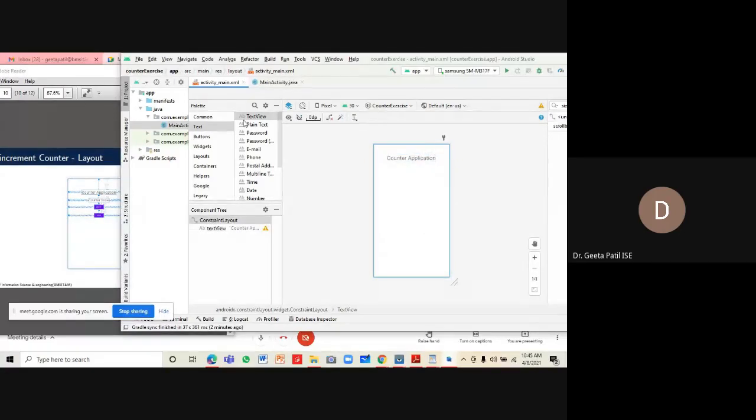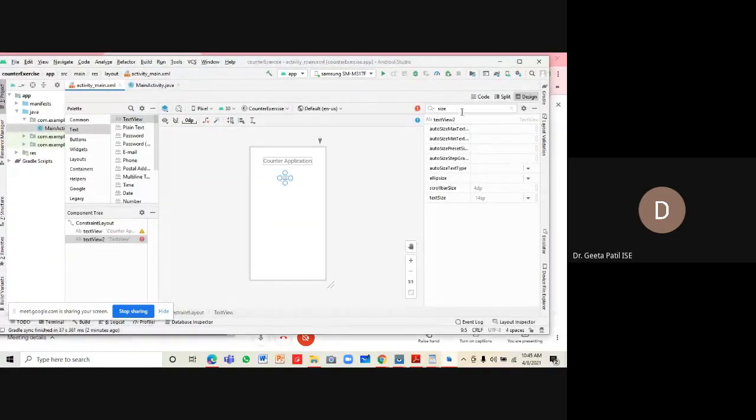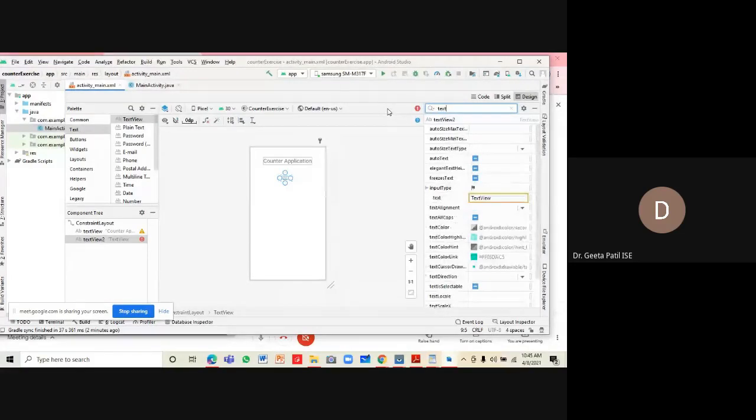The next text view I will be inserting is the counter value. Once inserted, let me change the text field associated with it. I want it as counter value, which is set to 0, like when you are starting your application.